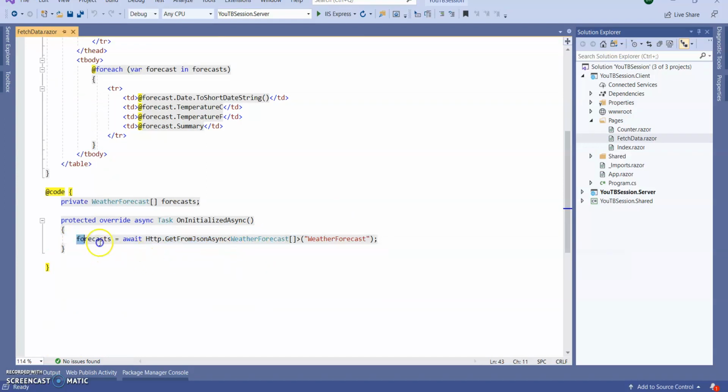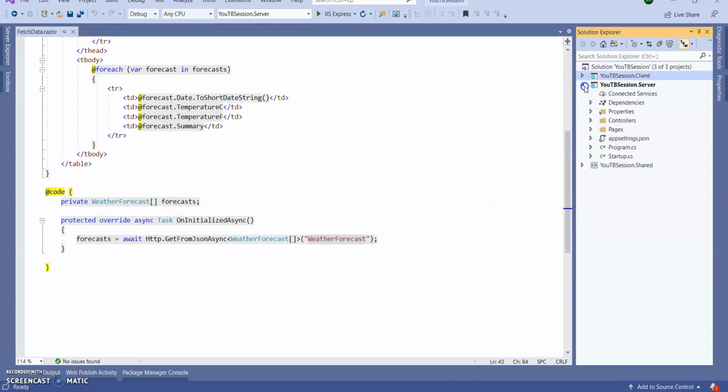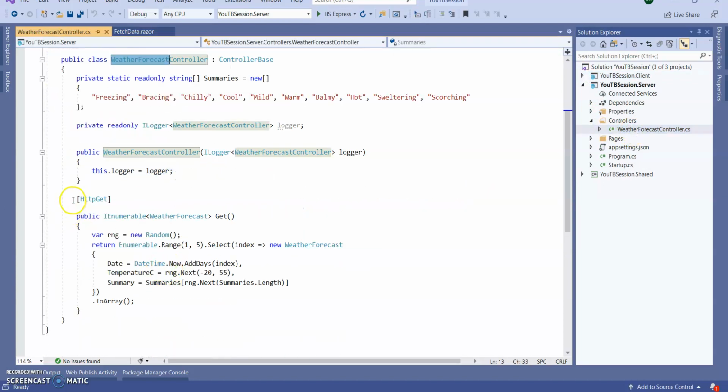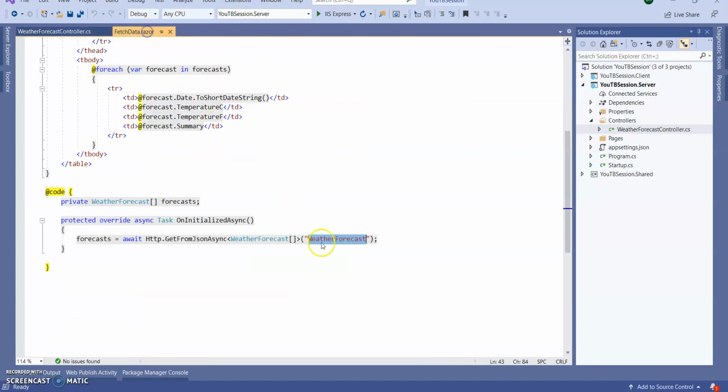So it's hitting one API and this API is present inside our server. This is the controller class, the weather forecast controller. This is the get method and they are directly calling this one. So I'm going to create the same structure to add our own list page.